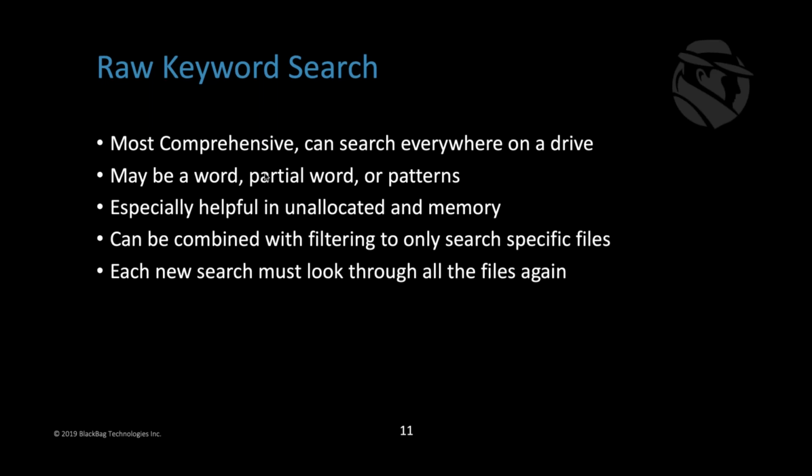So you can search anywhere on the drive with keyword searching typically. There can be exceptions when you're looking inside of compound items where we've had to pull that information out, but you can look for things like patterns, and you can look for things in memory where it can be a lot of junk and then actual words and then a lot of junk. It's easier to identify looking for those specific values using keyword searching. I'm going to quickly show you how we do keyword searching in Blacklight and some ways to speed that up.